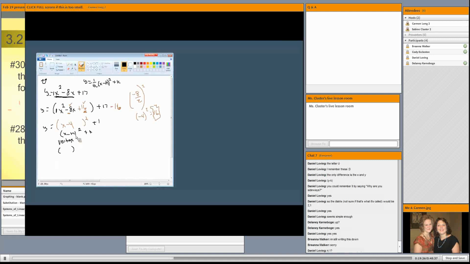That's right. Your h is 4, because remember the x minus comes from the formula, so you have a vertex of 4, 1. Okay, so if we sketch this, and we know our vertex is at 4, 1, right here, we know it opens up because the number